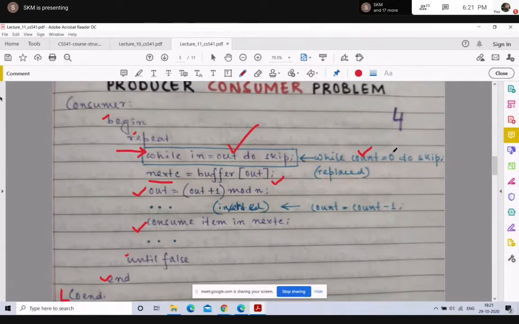So what is supposed to be the count for an iteration of P to be the expected iteration in C may not be the same, because C is also updating count at the same time. So this leads to some discrepancy in your code. And this discrepancy basically leads us to the concept of what is known as the critical section problem. Now, what is a critical section problem?